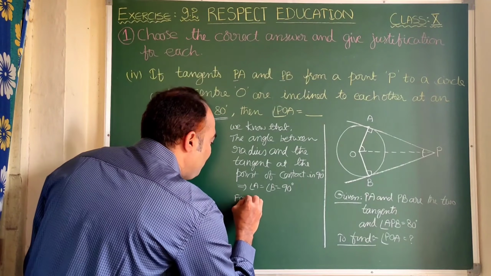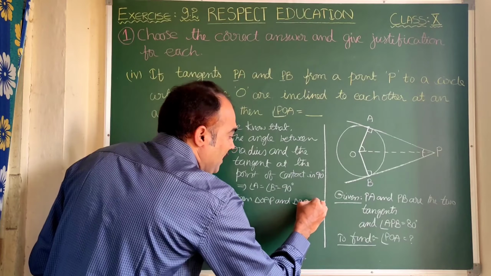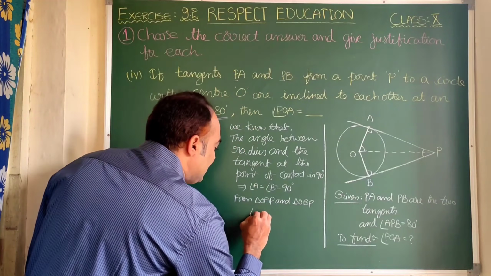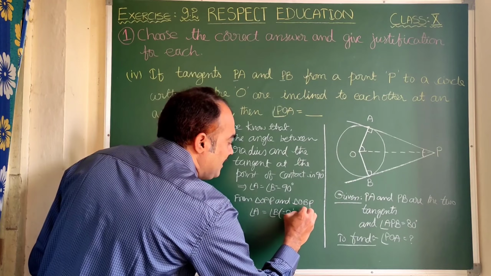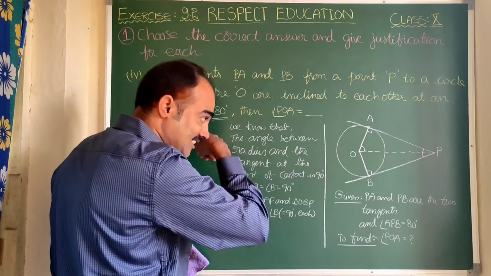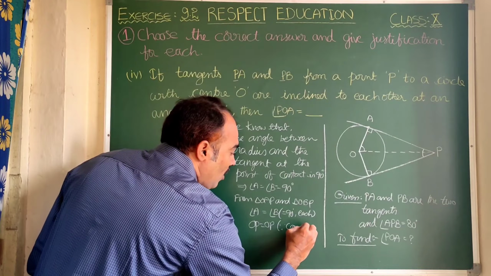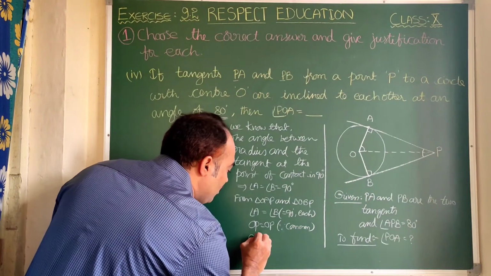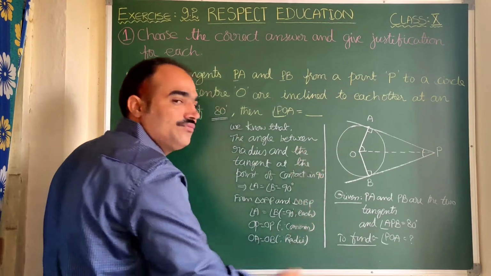So here from triangle OAP and triangle OBP, let us write it directly. Here in triangle OAP angle A, in triangle OBP angle B is equal to 90 degrees each. And one more thing is OP is equal to OP, that is common side. So we can write OP is equal to OP since it is common side. And here OA is equal to OB because they both are radii. Observe carefully.